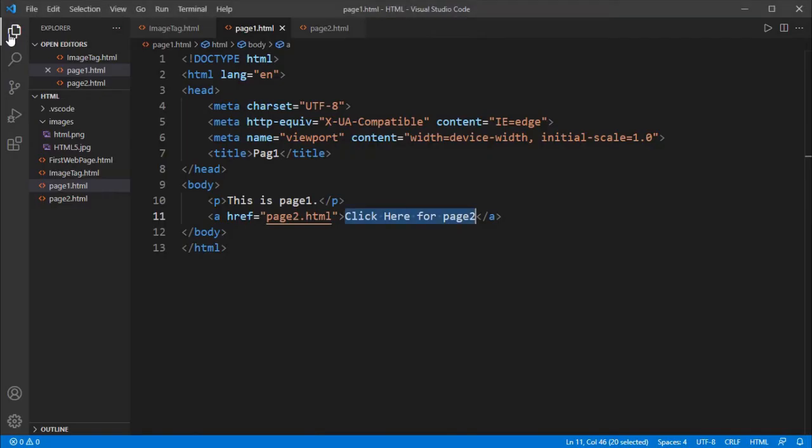Here we have three different ways of providing links. The first one is navigating from one page to another page. We have already done an example of it, where we create a link in page 1, and whenever you click on that link, it navigates to page2.html. And the second one is